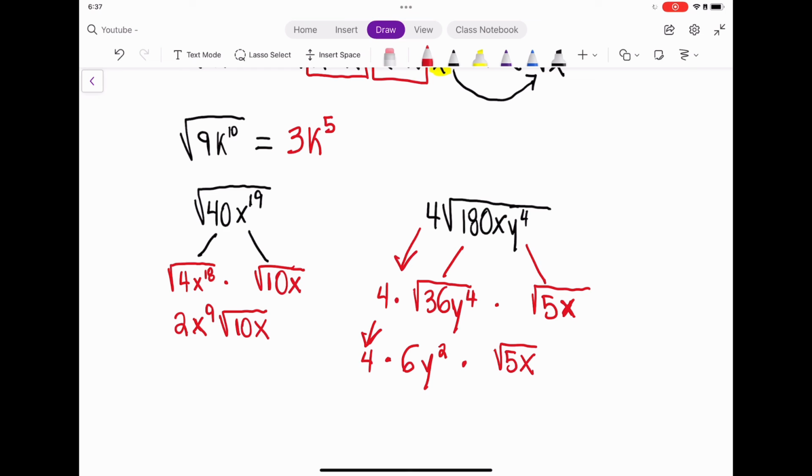Now at this step, what we need to do is focus on what's outside of the radical. So I'm going to multiply 4 times 6y squared. And once we do that, we're going to get 24y to the second power. And because we cannot break down radical 5x anymore, we're going to bring it down next to it. So when you got